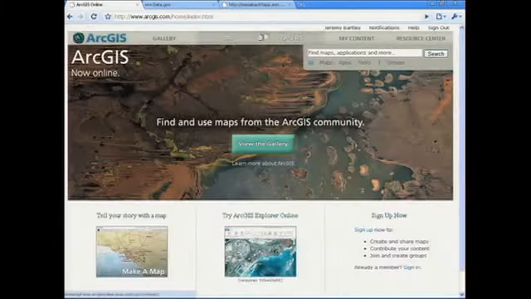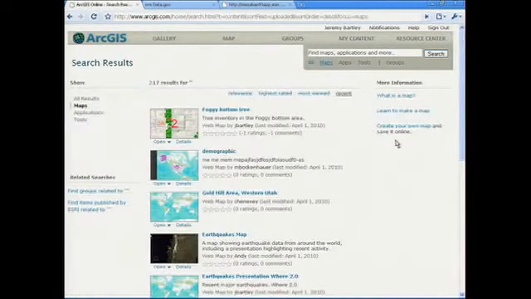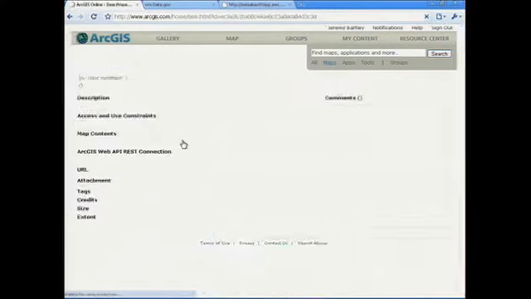I want you to fathom this because I don't know if you know. We have 300,000 user organizations. One of those is USGS. There are tens of thousands of these services now available through this easy-to-find maps and mashups. And these are all open standards-based stuff, right? So you can mix it up and use it in various ways. So here, this map, I just went and searched for the most recent maps, and here it is. If I look at the details of this map,